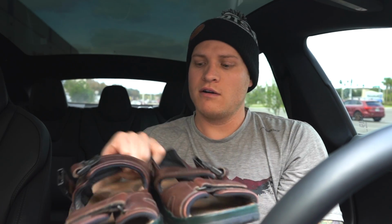And then there was a Tommy Bahama, really nice pattern, but a smaller size. It was a size small. And then there was also a pair of Air Max shoes that would have been a good buy, but they were kind of beat. They were rough around the edges, if you will. So I left those behind as well. I did pick up a pair of shoes that might surprise you. They are these